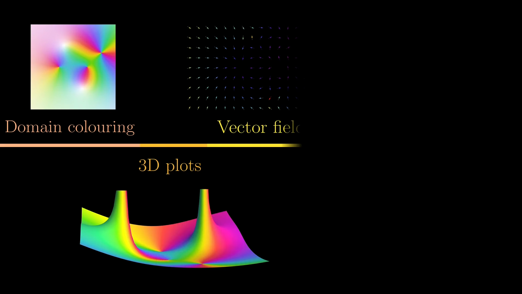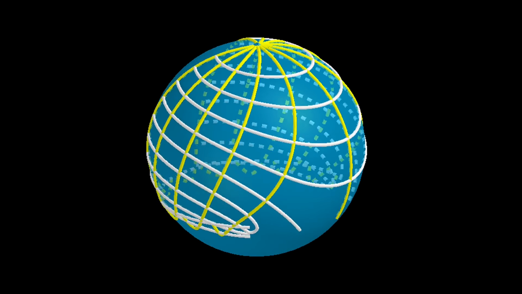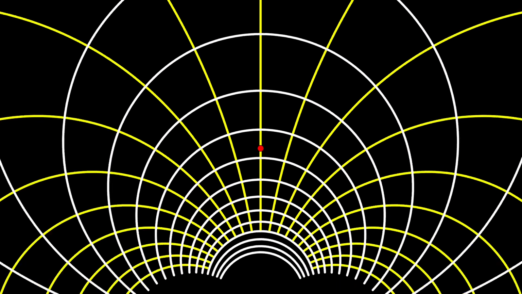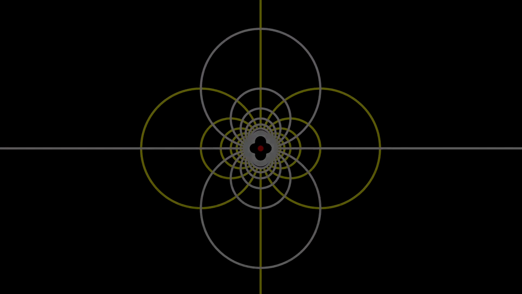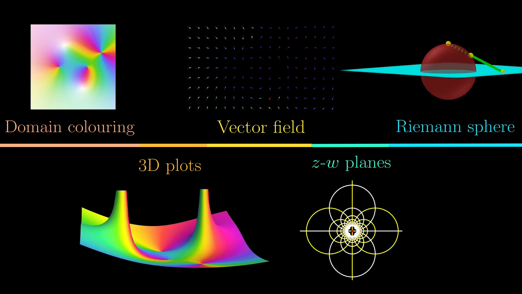In the last video, I mentioned 5 different ways to visualize a complex function, and we are going to use them to visualize some common functions in this video, and along the way, we identify some features of them. Of course, we aren't using all 5 ways, but only the most interesting or informative ones for each function.